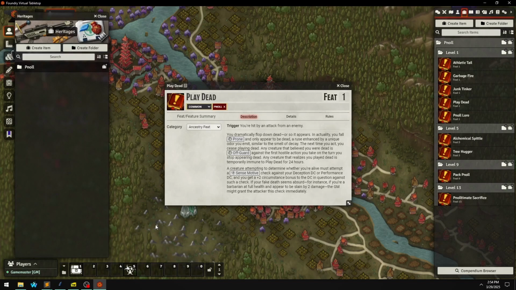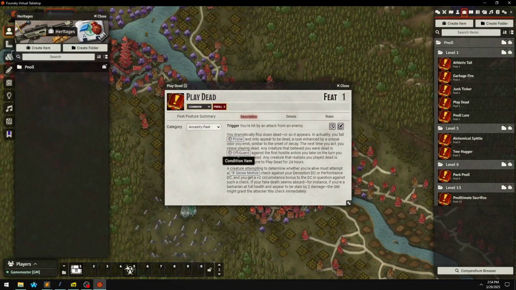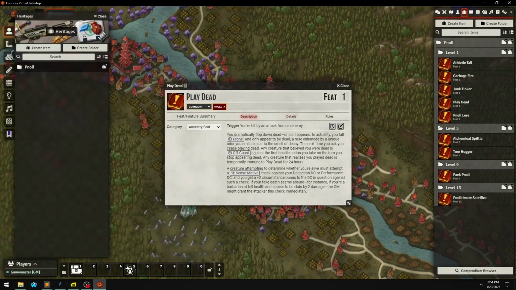One thing you'll notice here is that this does use flat-footed because it is an OGL document, and the script automatically updates that to off guard for us. It just detects, hey, flat-footed? Nope, you mean off guard now. Okay, so